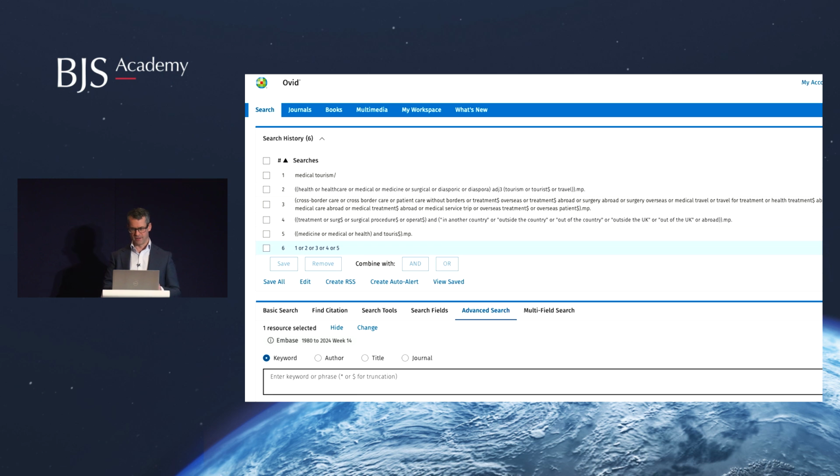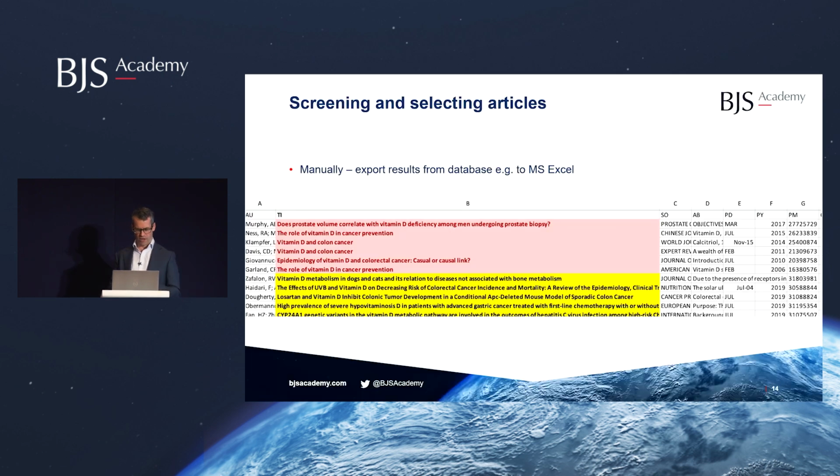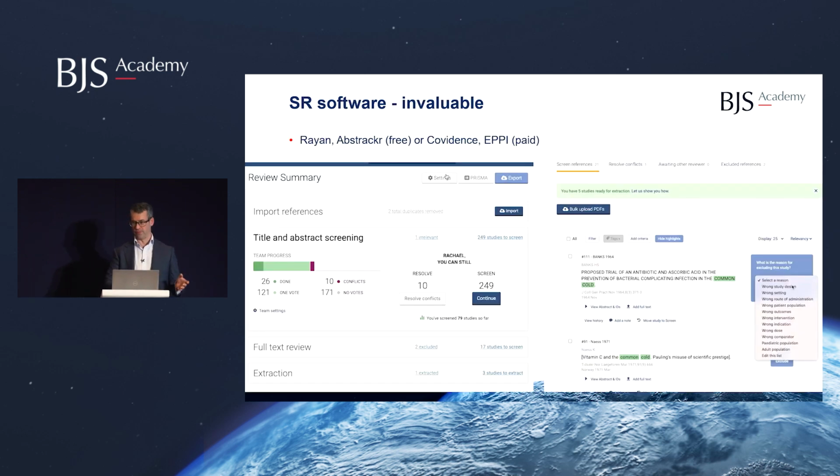And this is where you need to be thinking about working smart, not hard, because this is what I used to do: I used to extract it into an Excel spreadsheet, and the risk is you'll lose papers. The risk is that there'll be hundreds of duplicates in there, and red was probably accept and yellow was chuck out, but I don't know why I was chucking out the yellows and why I was accepting the reds. But there is software, some of it open source, some of it paid for, that makes this a huge amount easier and more reliable,